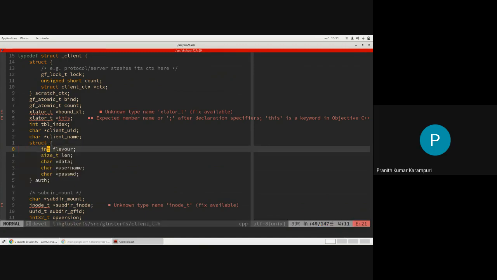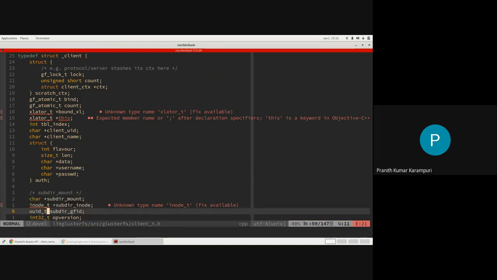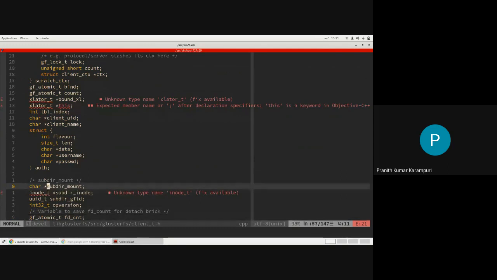Apart from that, there is a concept of subdirectory mount in Fuse. If that is the case, this also will be populated, and these are all related to that. Which directory, what is the GFID and the path, since the subdir mount is a path.